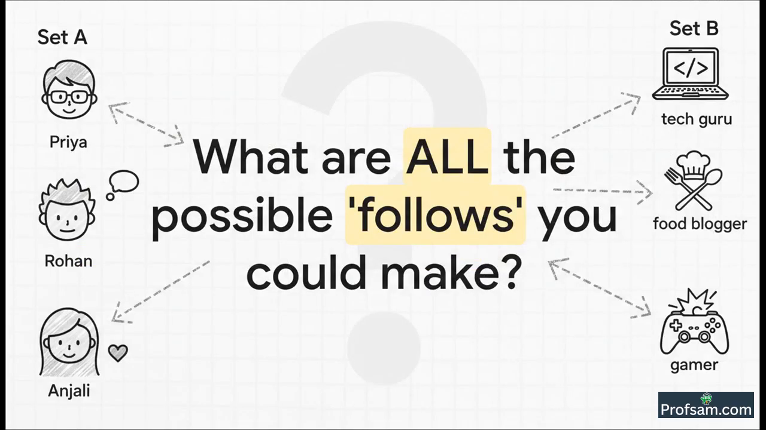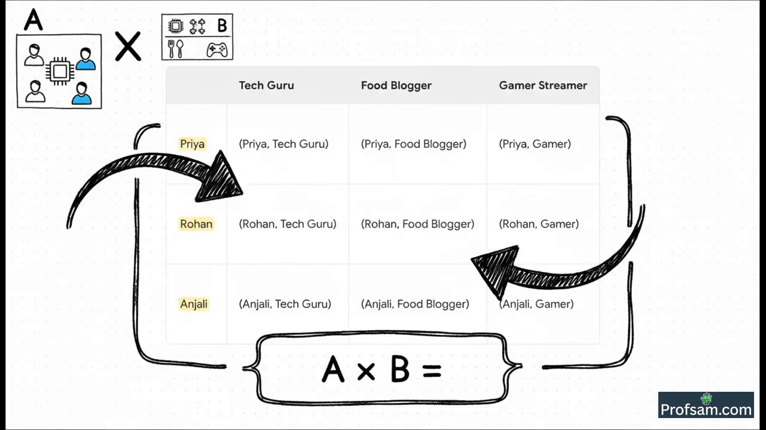Now, just for a moment, think about it. What are all the possible ways they could connect? I mean, any of your friends in set A could potentially follow any of the creators in set B, right? Priya could follow the tech guru, or the food blogger, or the gamer. Same goes for Rohan, and the same for Anjali. And if we list out every single one of those possibilities, we get this big table. In mathematics, this complete set of all possible pairs has a name, the Cartesian product. We write it as A cross B. Now, it might look like a lot, but don't worry, it's just a list of every single potential follow that